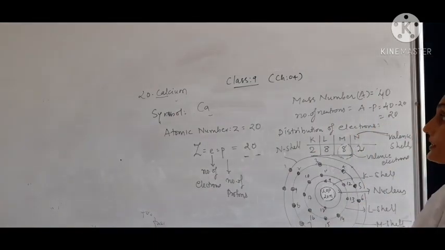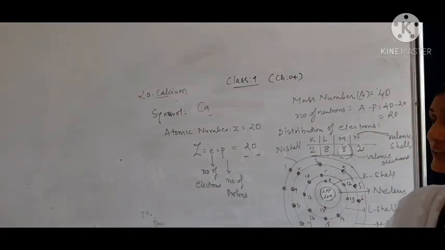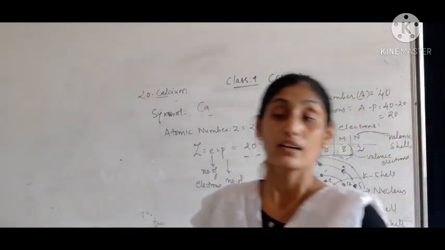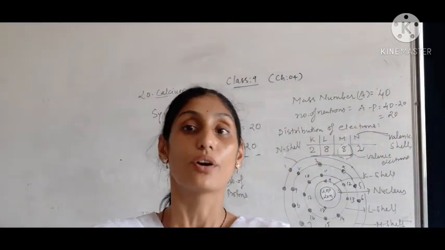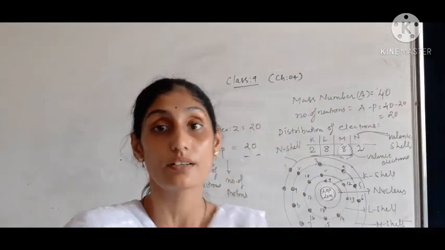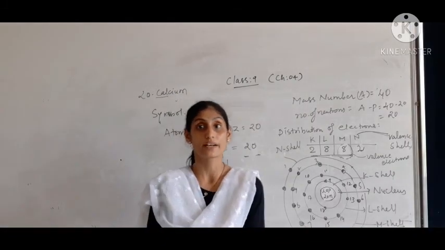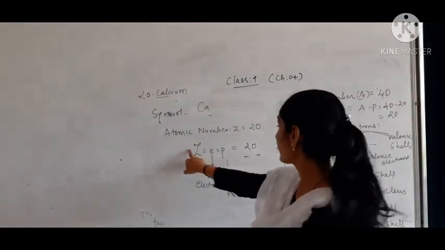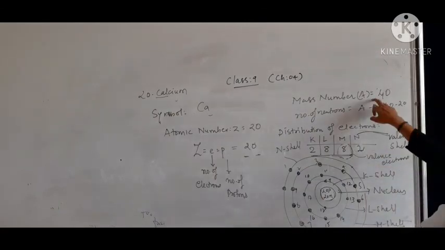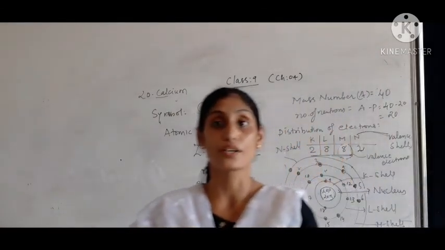You can copy it if you want, or draw it from the textbook. Please make sure you know how to find the number of protons as well as the number of neutrons, children. The number of protons is related to Z and the number of neutrons is related to the mass number. So that is all about the first 20 elements.